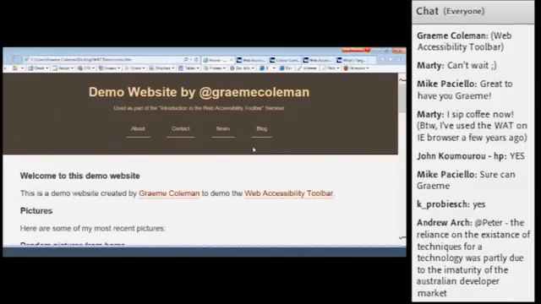Where you can actually get the toolbar is from our website, which I'll just put up on the screen just now. So that's at paciellogroup.com/resources/WAT for the Web Accessibility Toolbar, and you can download it from there.